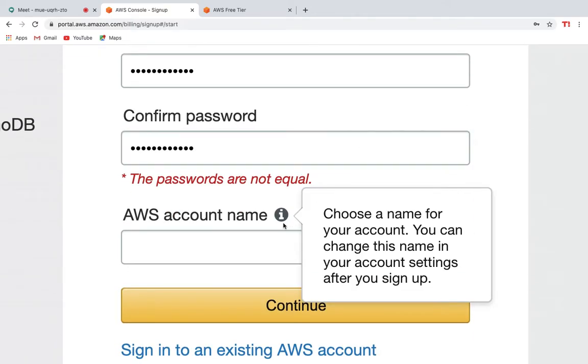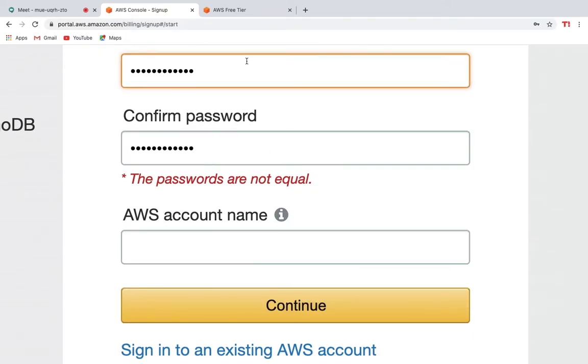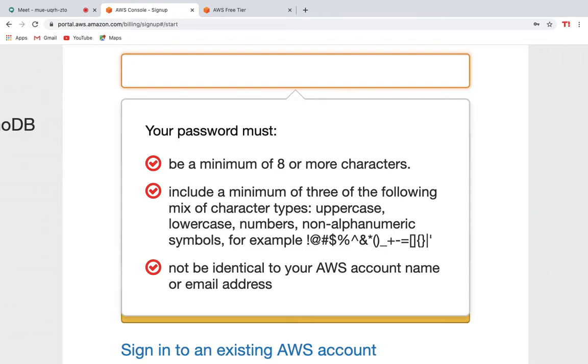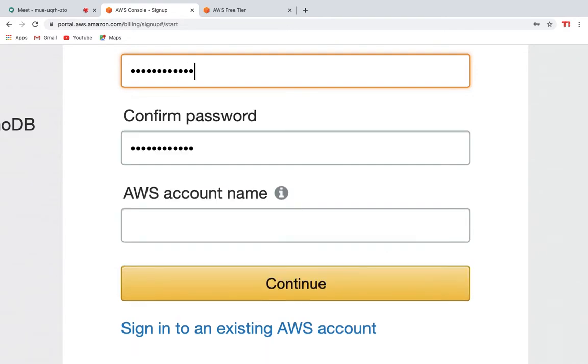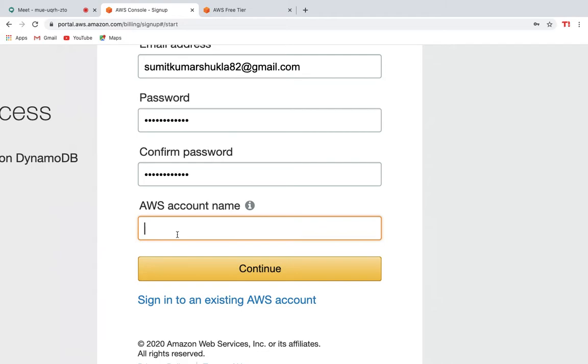Okay, passwords are not equal. Very good. Now it's equal. So the AWS account name, what should be your name?